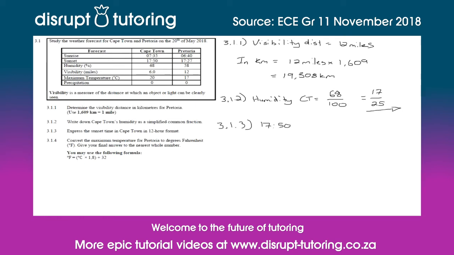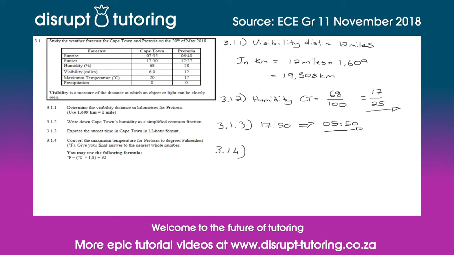So 17:50 is the same as 05:50. That's the 12-hour format for the Cape Town sunset. Okay, and then finally on to